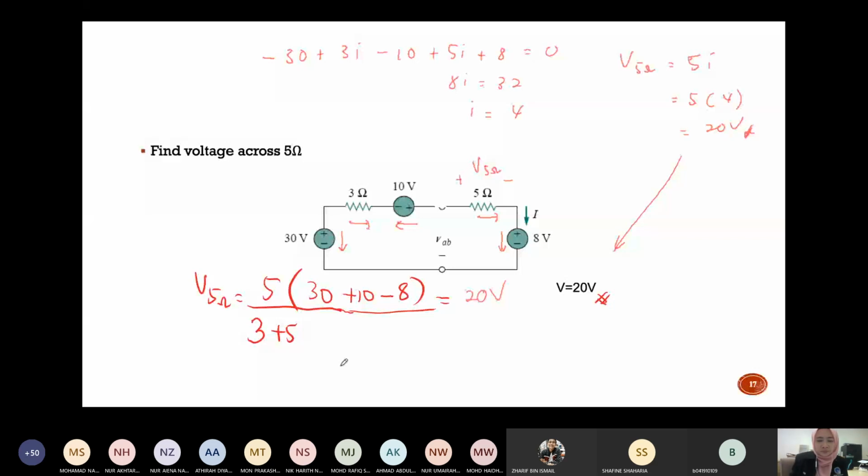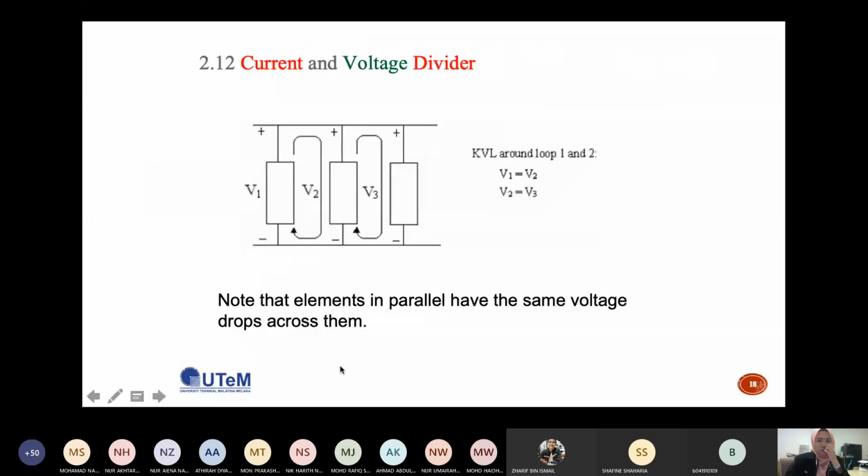Any question? Okay, so if no question, then we can proceed to current divider. Okay, so this is just a